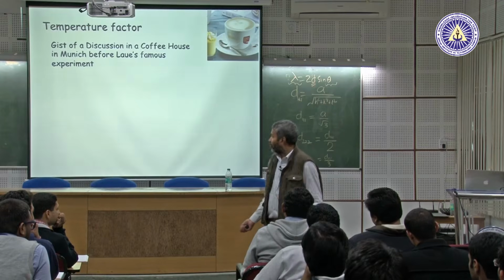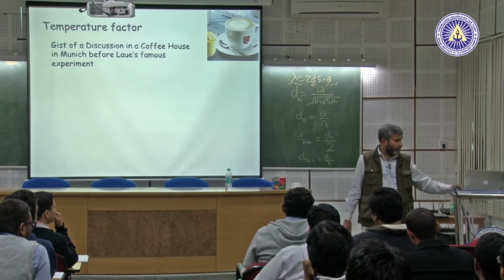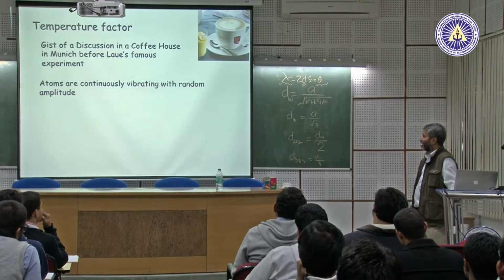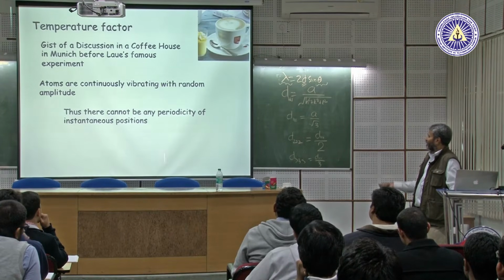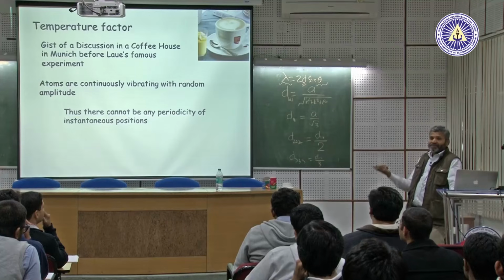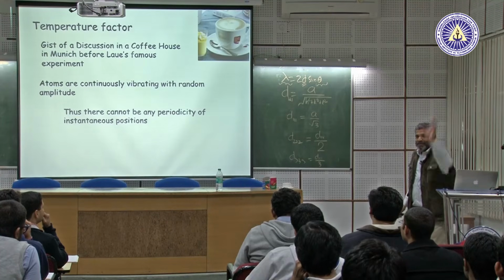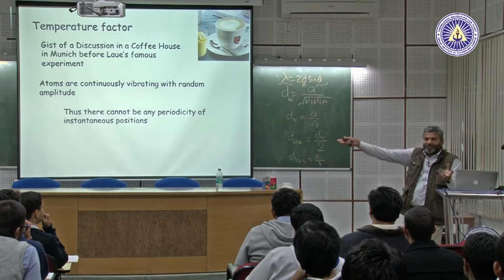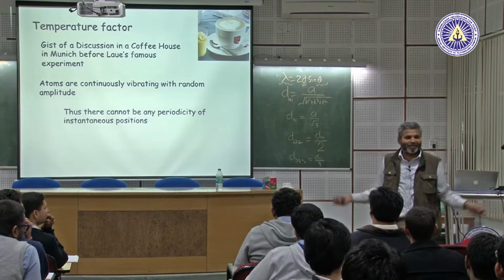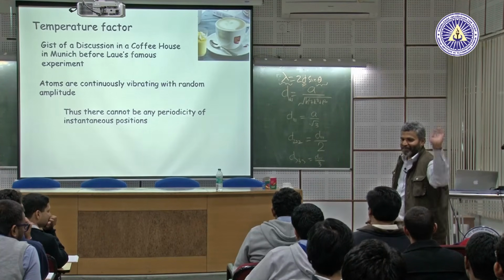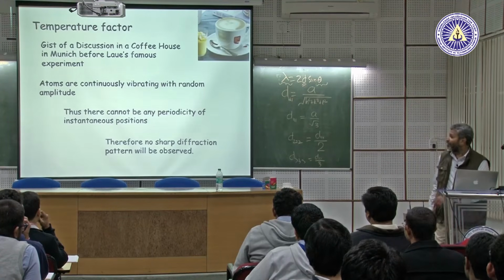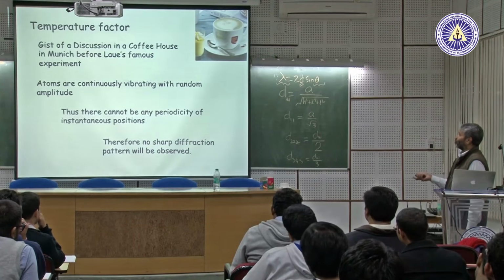So, see, nothing was wrong in this logic, very logical. Atoms are continuously vibrating with random amplitude, thus there cannot be any periodicity of instantaneous position. Instantaneously, where is the crystal? One atom has run off there, one atom has run off here, and you are saying all at distance A. Where is the distance A? Where is A, B, C, alpha, beta, gamma? Nothing is there. So, there cannot be any periodicity of instantaneous position, and therefore there will be no sharp diffraction